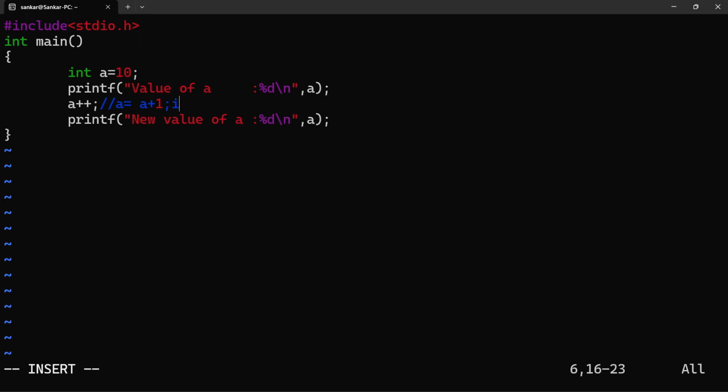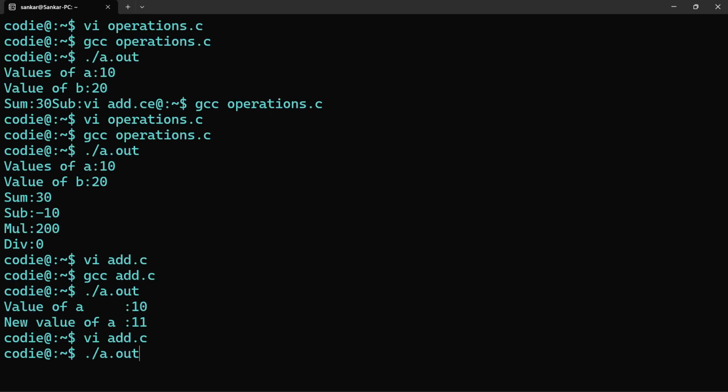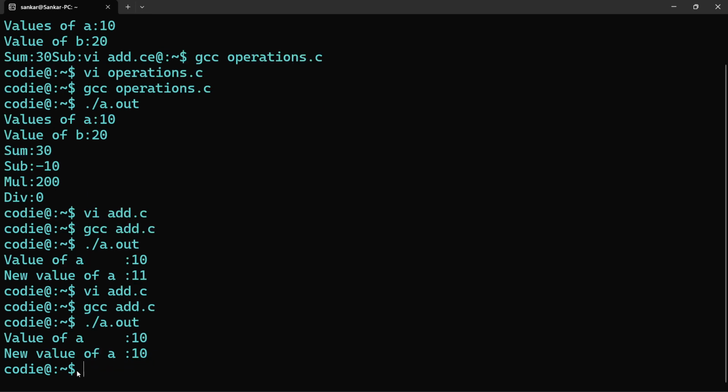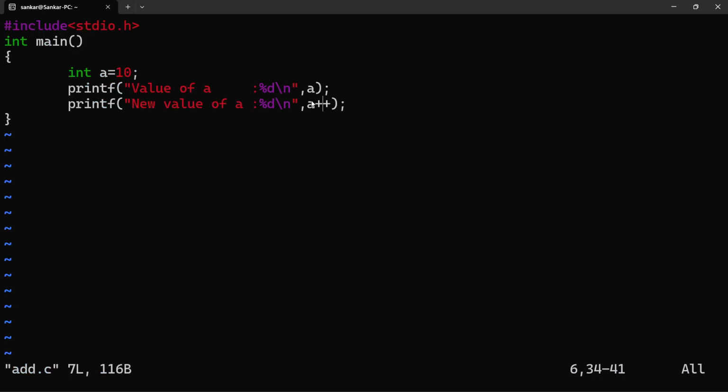So now let's execute it. gcc ./a.out. Here you can see the value of a is 10. The new value of a is also 10. Now you may get confused about why the value of a is still 10 since we are executing a++. So what the compiler is actually doing is, since C is a compiled programming language, the compiler